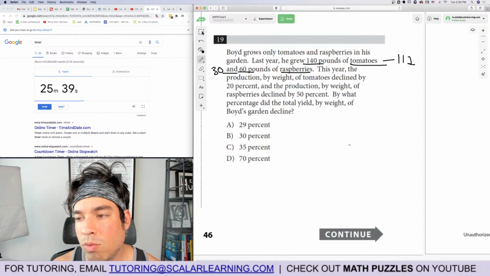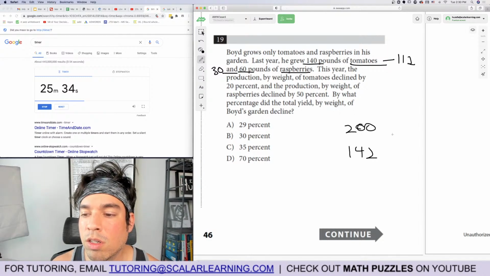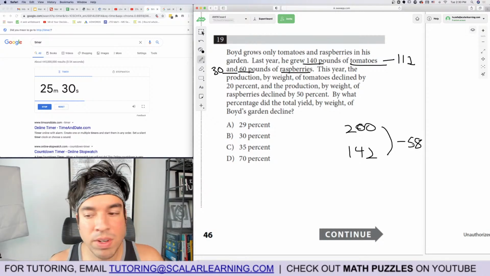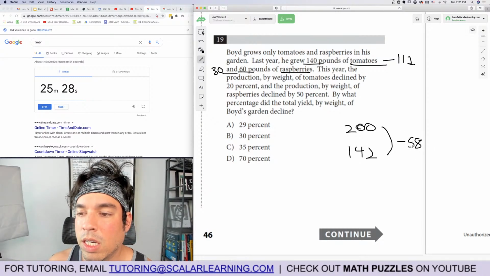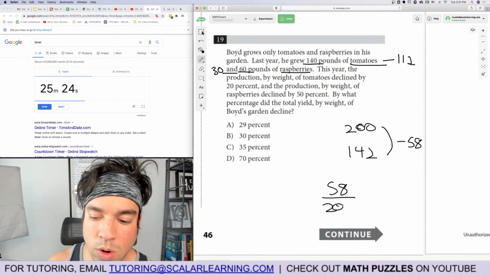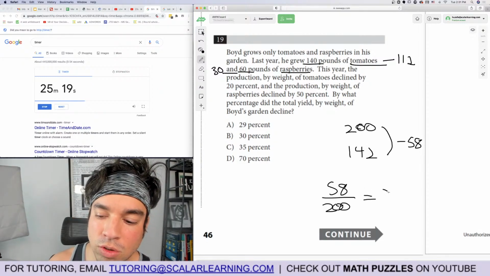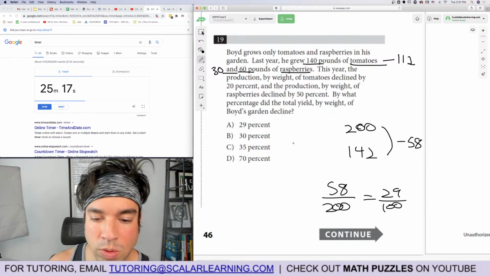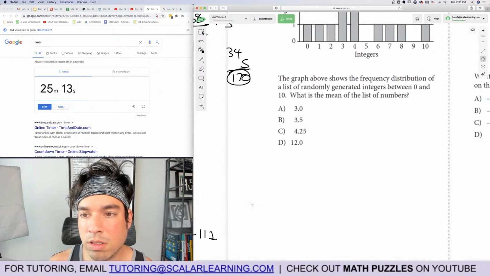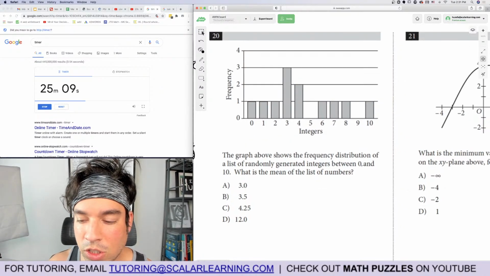So that means now we're down to 142, and before it was 200. So we lost 58. So if we lost 58, it's 58 out of the original. So 58 out of 200 is what percentage? You can divide that in your calculator, or you can divide them both by 2, and it's 29 out of 100. That's 29 per 100, 29%. All right, nice. 20. The graph above shows the frequency distribution of a list of randomly generated integers between 0